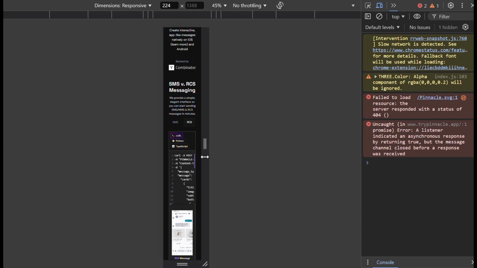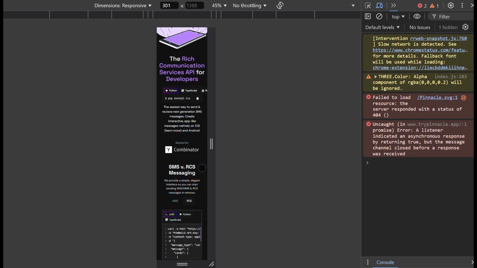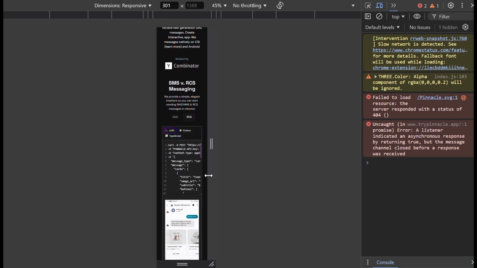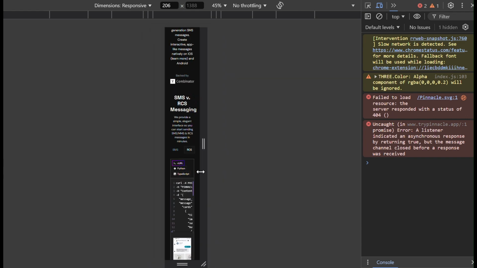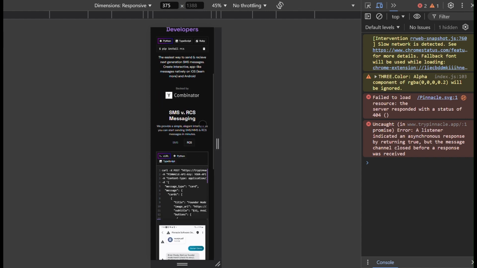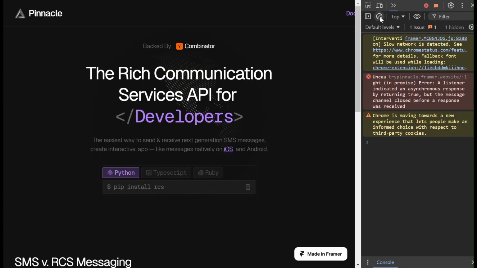When I opened it on my phone, this was literally what I saw. Except on a bigger screen it gets better, but you want it to be better on every mobile view. So my approach to this was,